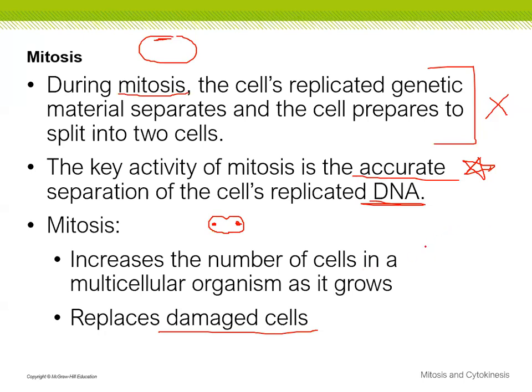So one thing to note though is, again, not every cell undergoes this cell cycle, right? Muscle cells, nerve cells, those don't divide. Red blood cells don't divide either. So when you get brain damage, that's permanent, right? Those cells aren't coming back. This is why if you have someone who's drowned for even a couple of minutes, they stop breathing for 2 minutes, you resuscitate them, there's brain damage.